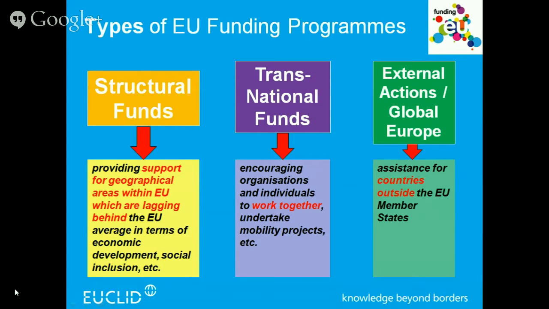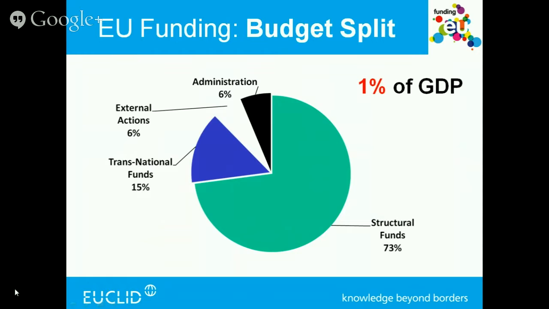Under the three types of funding programs, the Horizon 2020 program fits in as a transnational fund. So it is one where you are required to have partners for most of the strands. There is one strand where you do not require partners, but most of the strands do require partners. The transnational funds are 15% of the budget, as opposed to the structural funds, ERDF and ESF and so on,